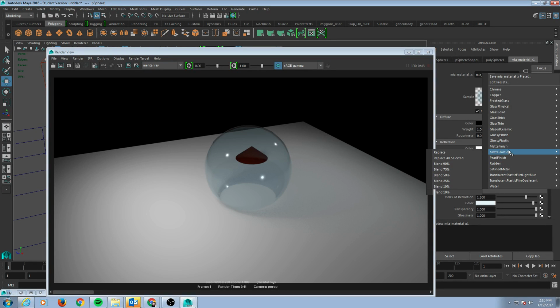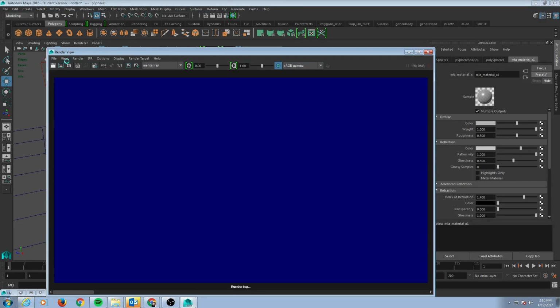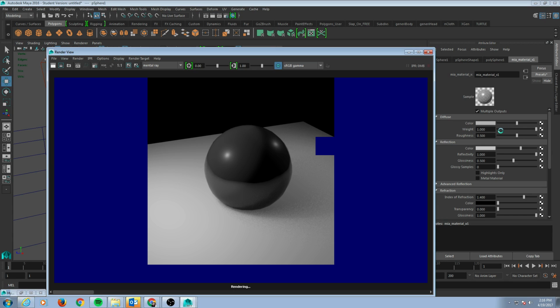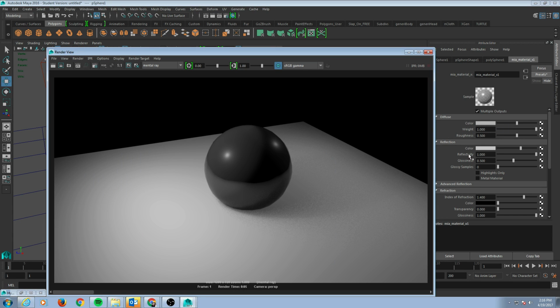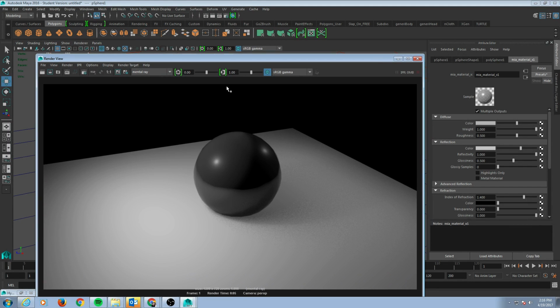Pearl, rubber, glazed ceramic. So you've got a lot of different options, and then you can go in and tweak them and lay in your maps like you want under color and reflection kind of setups and stuff, which makes it really cool. And then there's also subsurface scattering, but I think that maybe I'll need another video going into that because that one's a little more complex. So basically, here's two Maya materials with a bunch of other presets so that you can do all sorts of different material sets, metals and ceramics and glass and car paint,